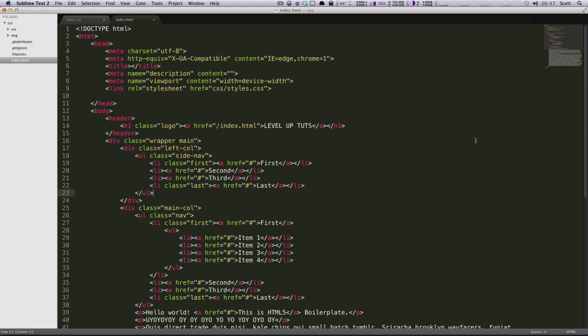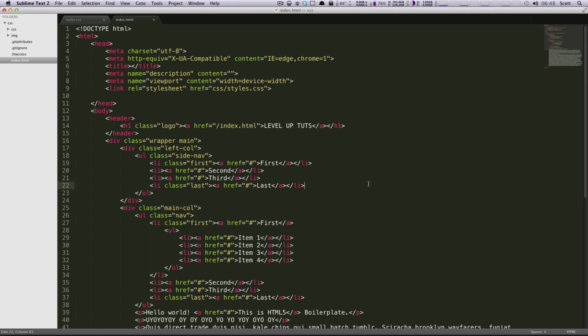CSS Sprites. And sprites is not necessarily a new concept in terms of what a sprite is. What it does is it reduces the number of requests a browser makes, therefore making your page load faster. And it does that by putting many different images that you use throughout the site on one image instead of a whole bunch of different images, because every single one of those images that your site loads has to be a request that the browser makes, and every single one of those requests increases the page load time. So if you have one request for an image that's a little bit larger, it's going to be faster than 10, 20, 50 requests for